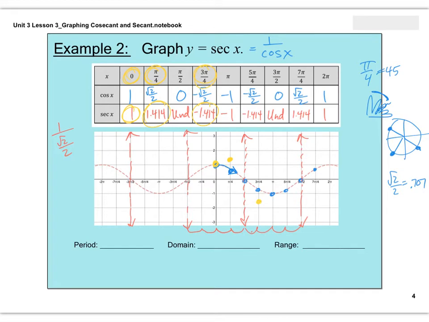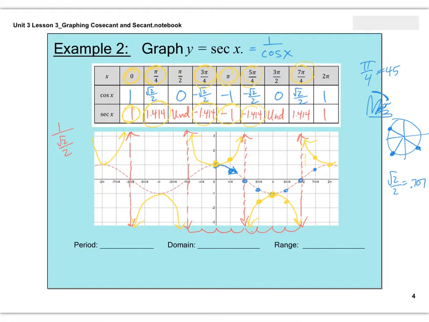So that's about here. Then we're at pi, negative 1, about here. Then we are at 5 pi over 4, negative 1.4, which is here. Then we're at an undefined, which you can see our red vertical asymptote. And then we're at 7 pi over 4, 1.4, and then we're at 2 pi, which is 1. So again, when you connect these dots, you're going to get U-shaped branches. And these U-shaped branches are going to approach those vertical asymptotes, but not touch. And so we're just going to sketch in the rest of them. And voila, you have graphed